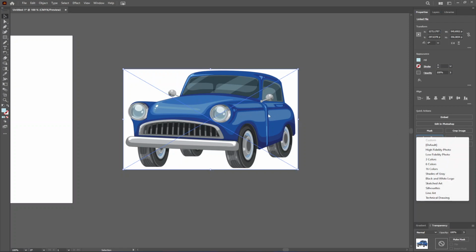As this is a flat design of a car, it means it has flat colors. It will be a lot easier to turn it into a vector, and it will also be a lot faster and easier to do that. But you can also use more intricate photos. It will just take more time to turn them into a vector, and you'll have to deal with a lot more objects and fills and so on. And okay, but in this case it should be relatively easy, so I'll just go with High Fidelity Photo for